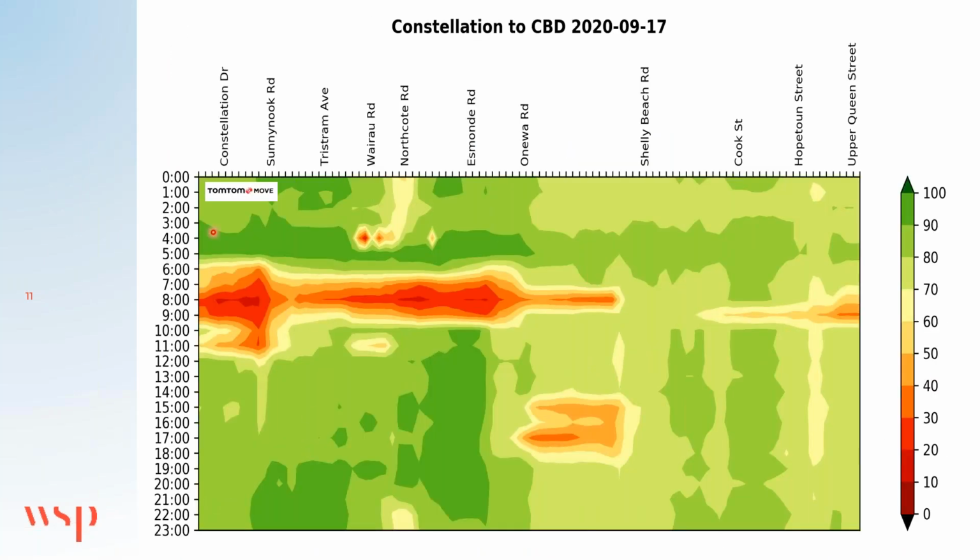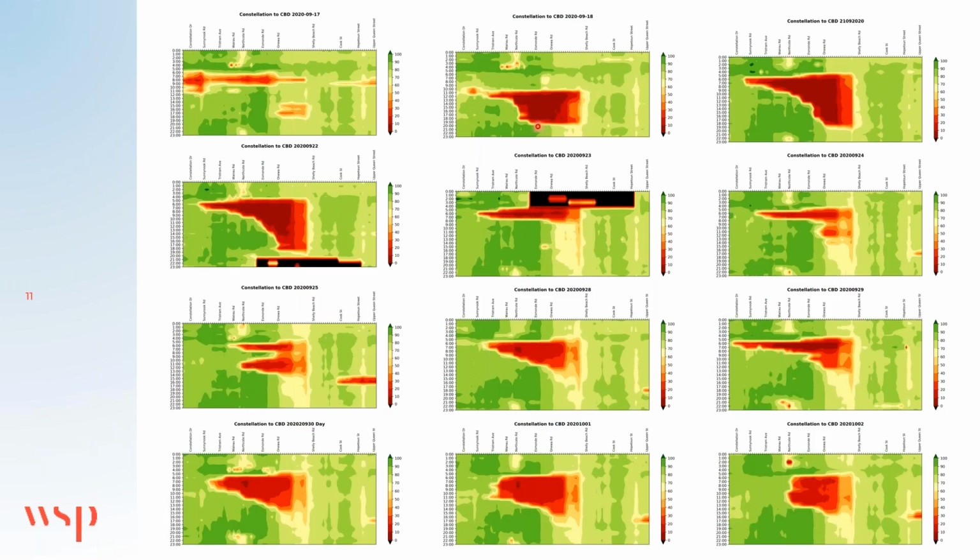If I go through one of them, it shows the timeline from midnight to midnight on an hourly basis. These are the main interchanges on the network between Onewa and Shelley Beach Road. Here is Auckland Harbour Bridge. You can see that in the AM peak there is a little congestion, which is fine because we face some congestion on the network. You can see the speed drops, so there is congestion here, but in the rest and the PM peak there is no congestion. And on the day it happened, you can see after 11 that the incident happened,